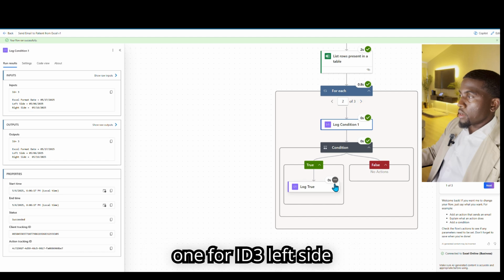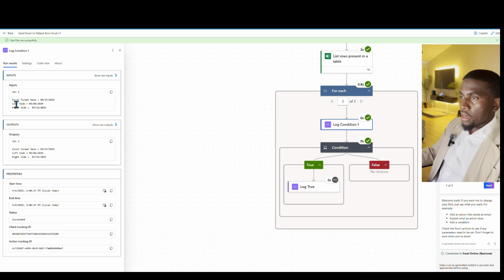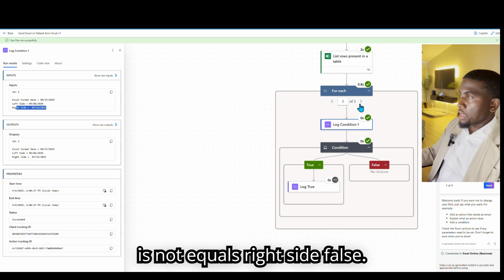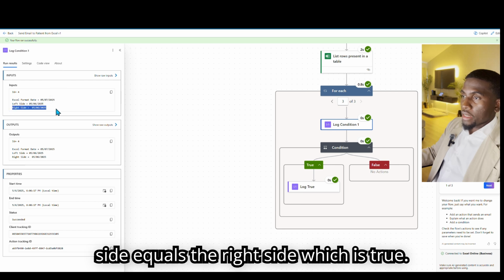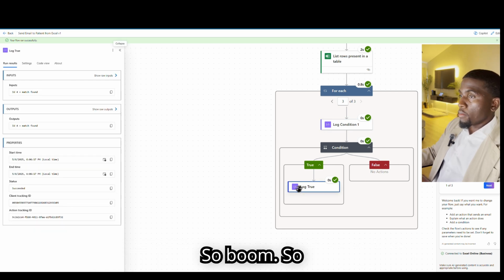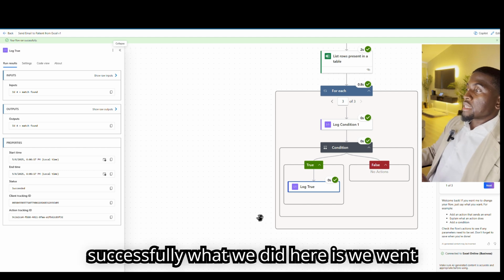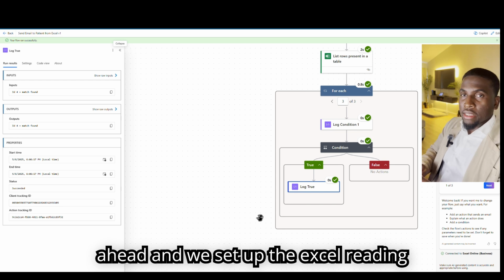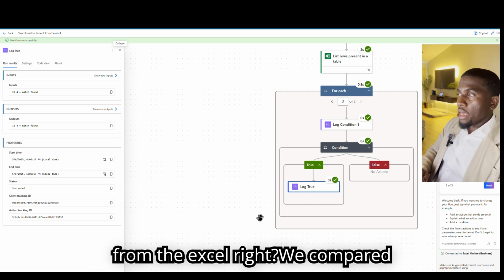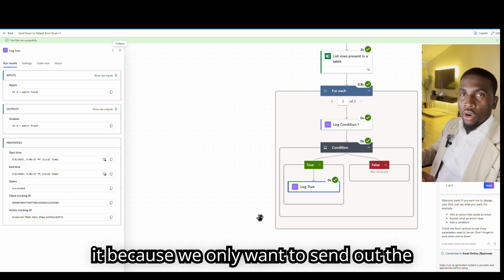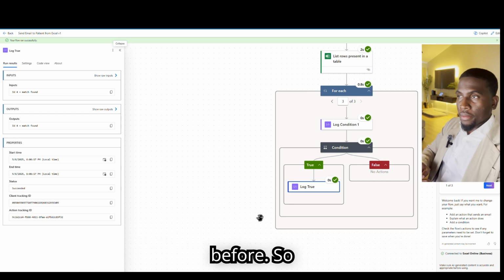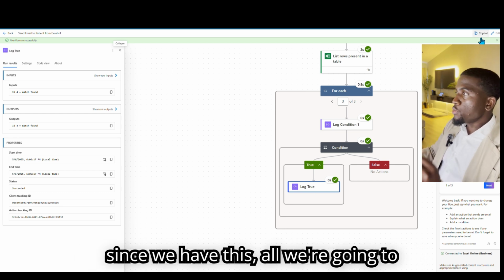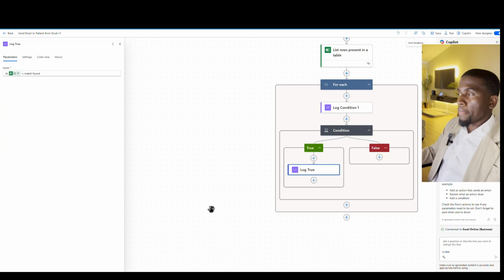Same thing for this one, for ID 3, left side is not equal to right side, false. So now I get to this one, the left side equals the right side, which is true. So boom. Successfully what we did here is we set up the Excel, reading from the Excel, right? We compared it because we only want to send out the email if the appointment date is 1 day before. So since we have this, all we're going to need to do now